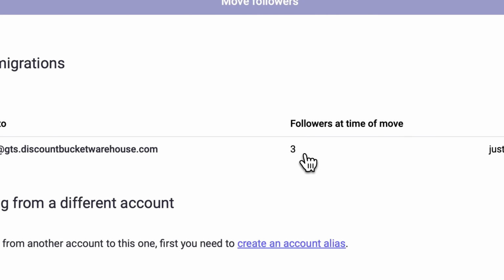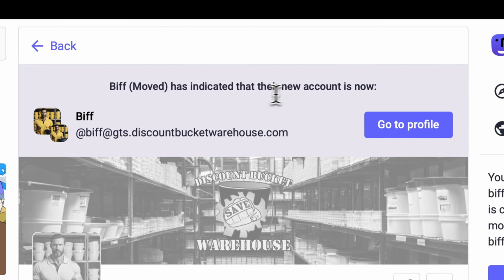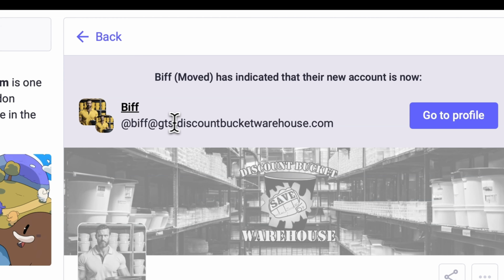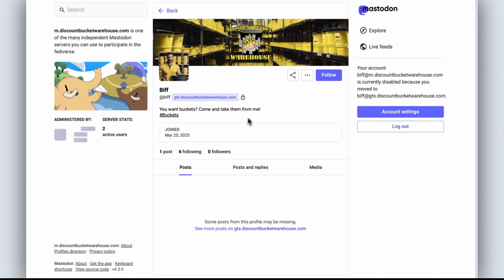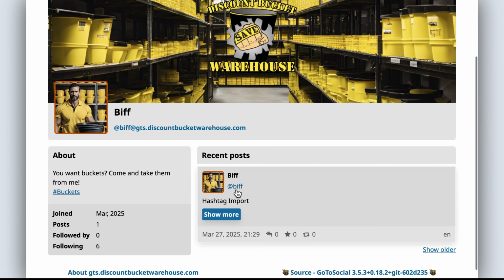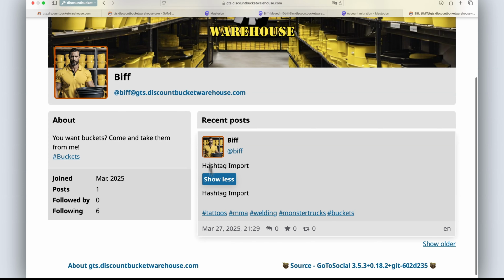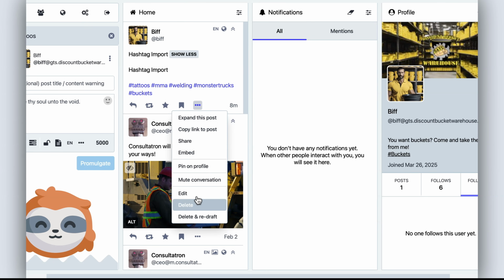That has been set up. Followers at time of move, 3. So if we refresh the old page here, we can see the kind of changes that have occurred. First of all, it's grayed out, and it's letting us know this isn't active anymore. It is showing us the location where things have been migrated to, and we can click on this, and this is the new profile. If we open the original page, it will bring us over to it. This is GoToSocial's rendering of the page. So this is the post we created to merge the hashtags over. And actually, while I'm here, I might as well delete this now,